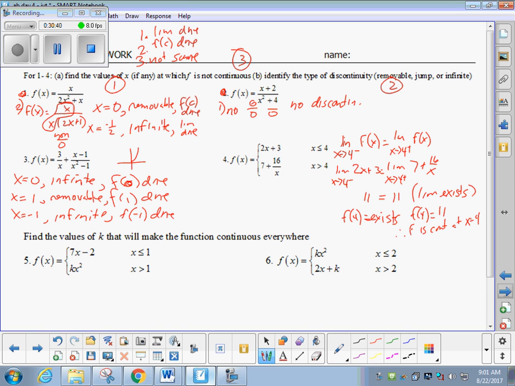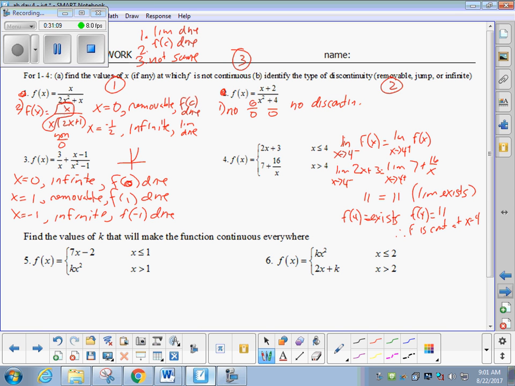I definitely looked at the meeting point because on a piecewise, that's the start of the show. But don't I also have to look in the body of the graphs on the side? So 2x plus 3, is it continuous everywhere? Yeah, it's linear. Okay, what about this? Is this continuous everywhere? It's not continuous at 0, but that's okay because